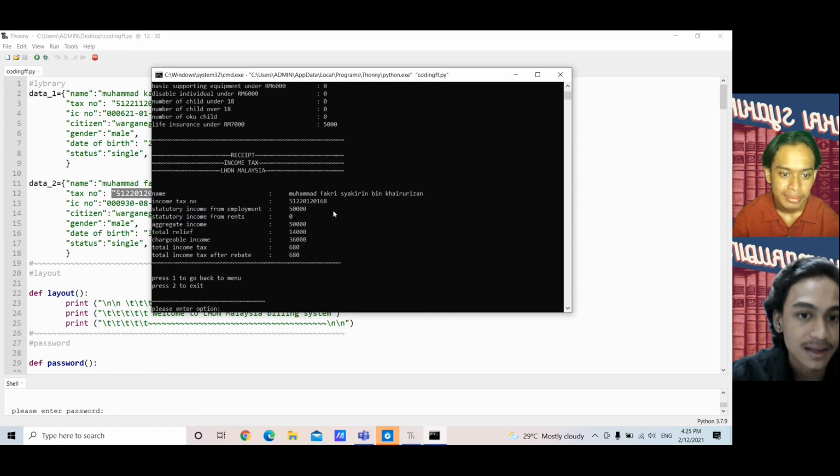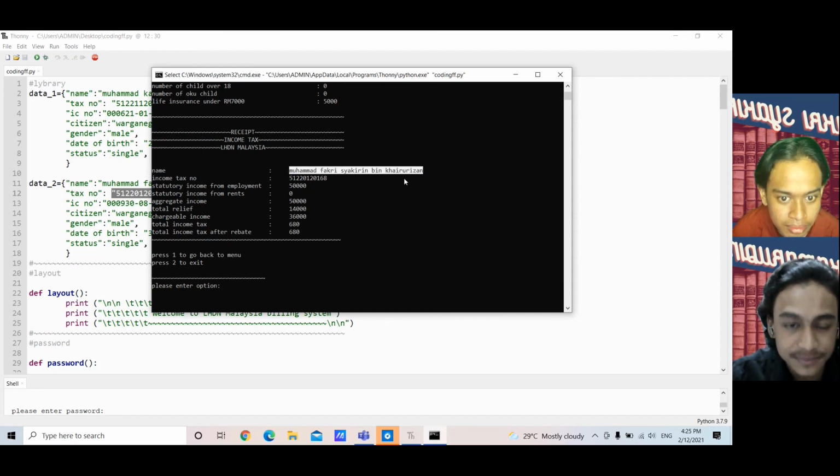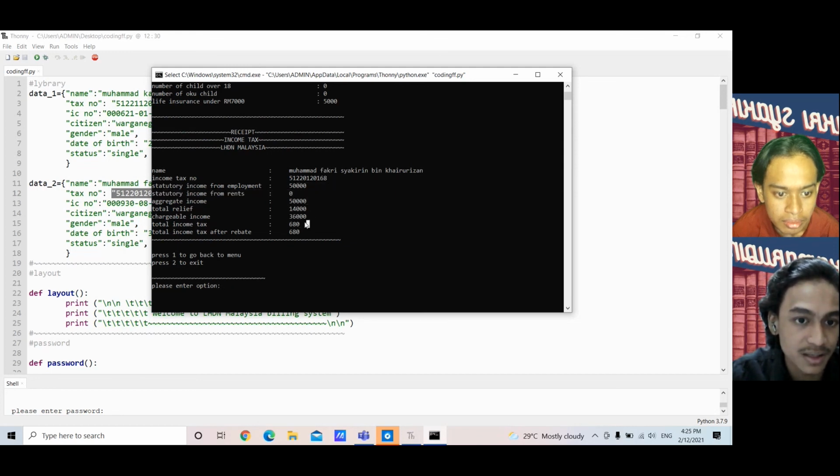Okay. This is the receipt. For the receipt, it will display Fakri's name and tax ID, and then everything else is actually the same as before. Because it is 36,000, he will get no rebate, and it will be 680. Okay, that is all. Let me just press 2 to exit.